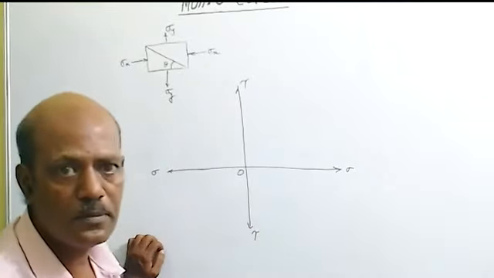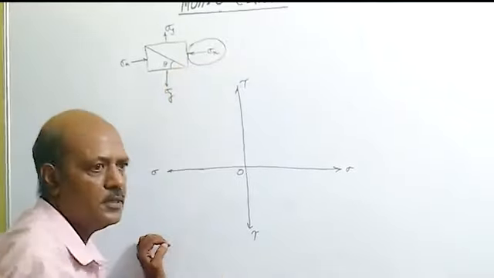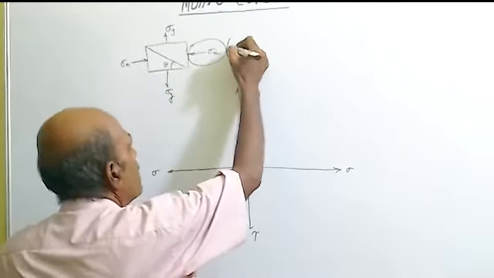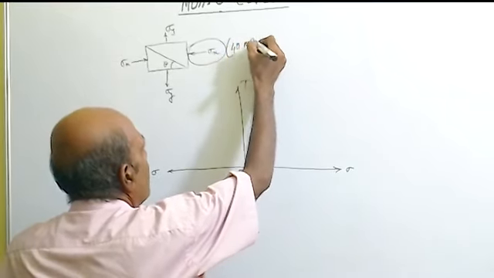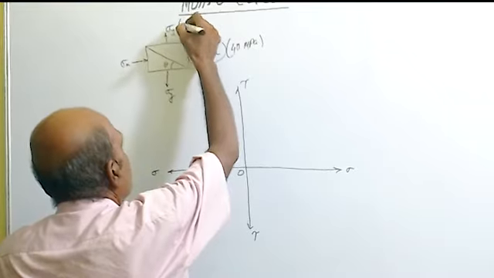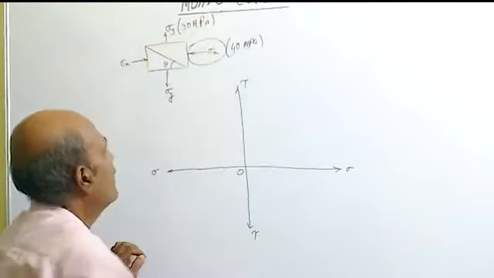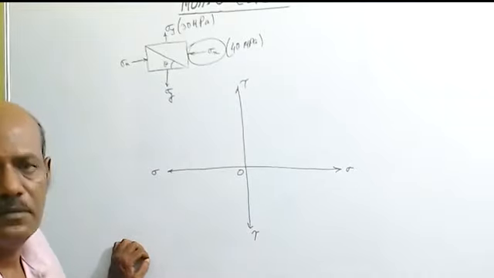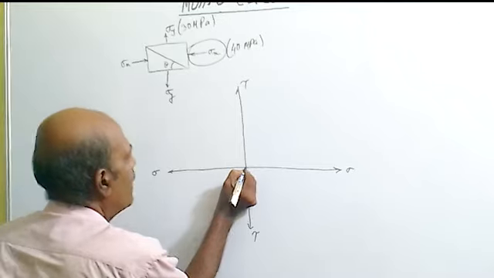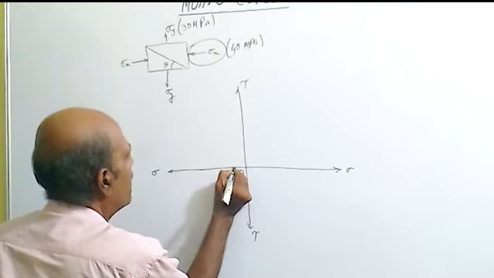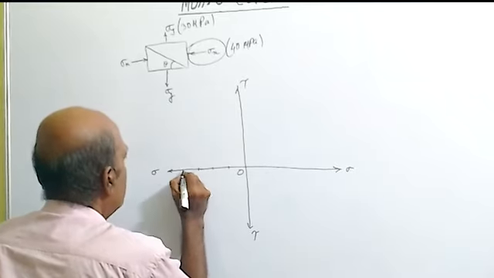Now go to x phase. On the x phase only sigma x, a negative stress, is acting, so we are considering this value as 40 megapascal and this as 30 megapascal. Okay, so for the time being we are considering this. Now sigma x is minus 40, so using some scale from the origin, measure a distance of 10, 20, 30,